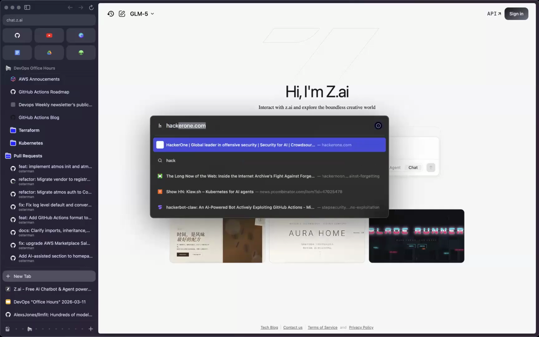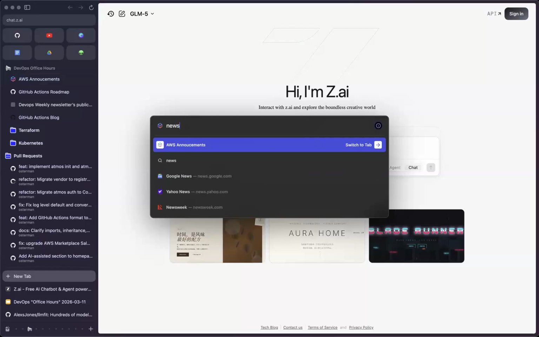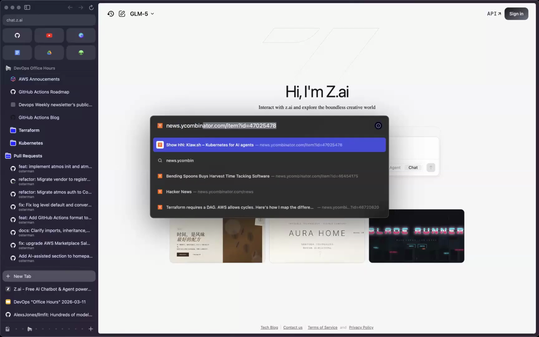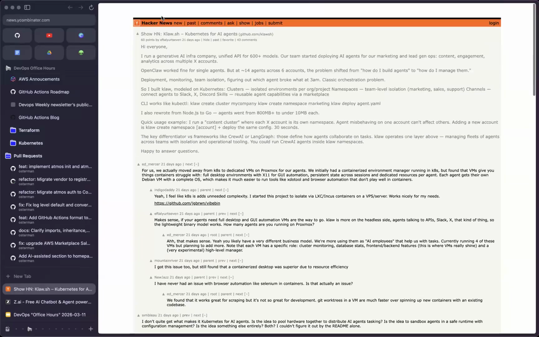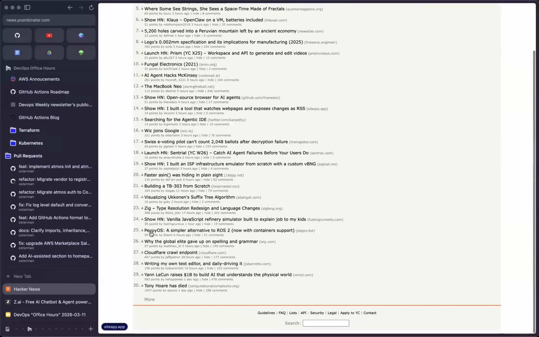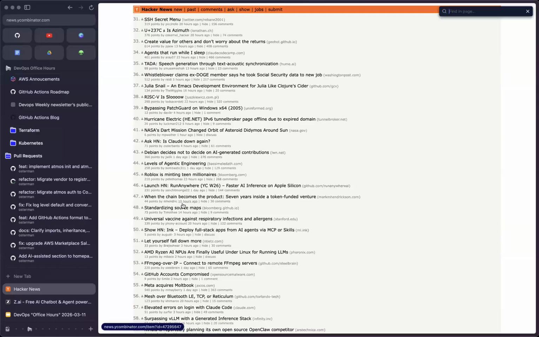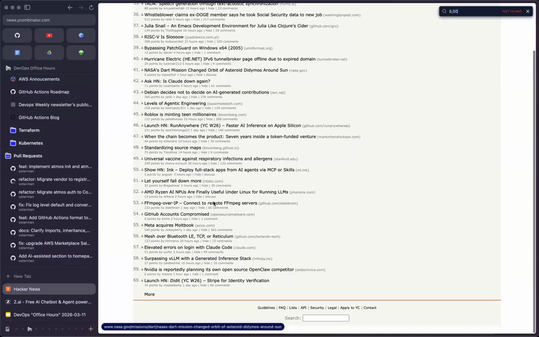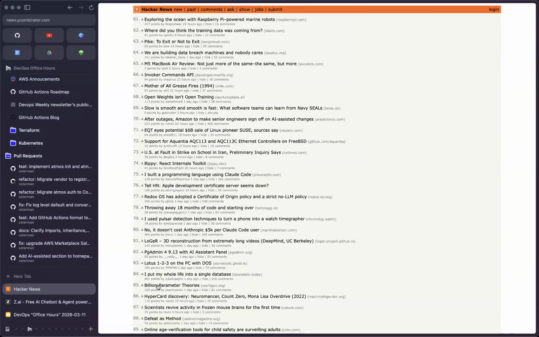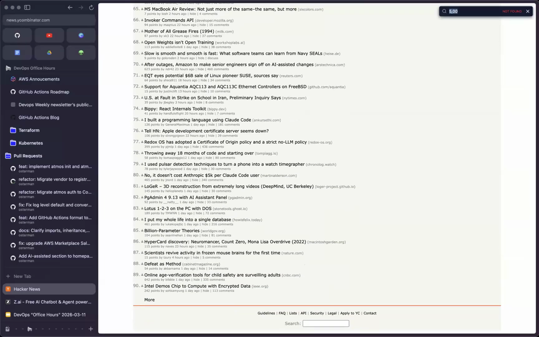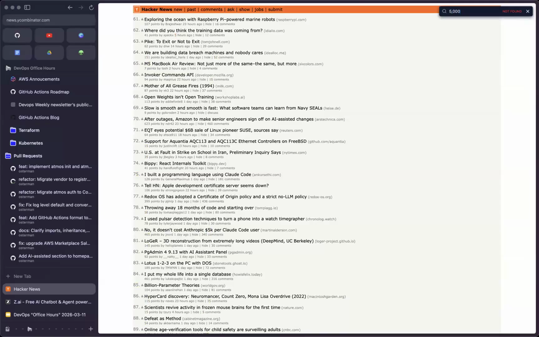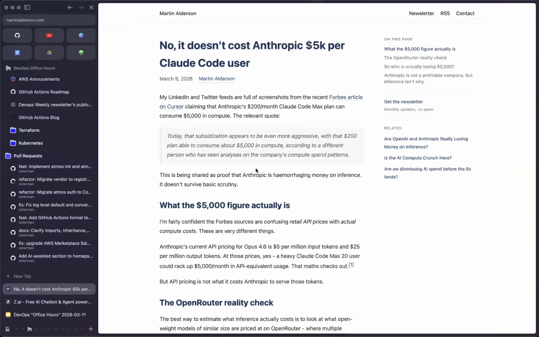I did see, I should have brought this up, there was an interesting conversation on Hacker News. There was a post that said that Anthropic is losing $5,000 a month on its highest usage users.